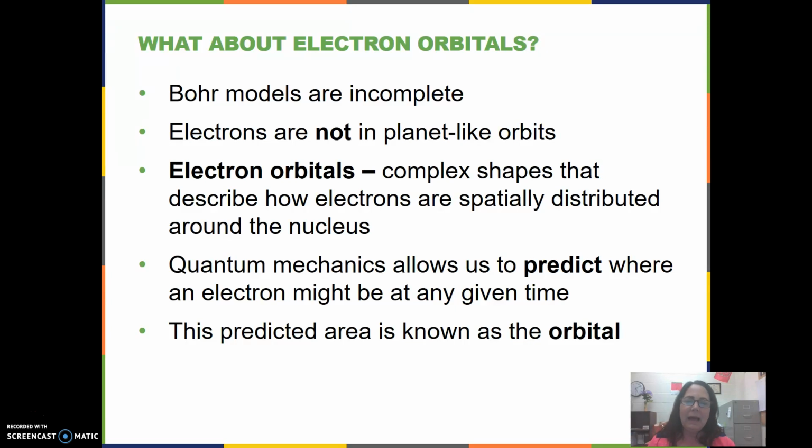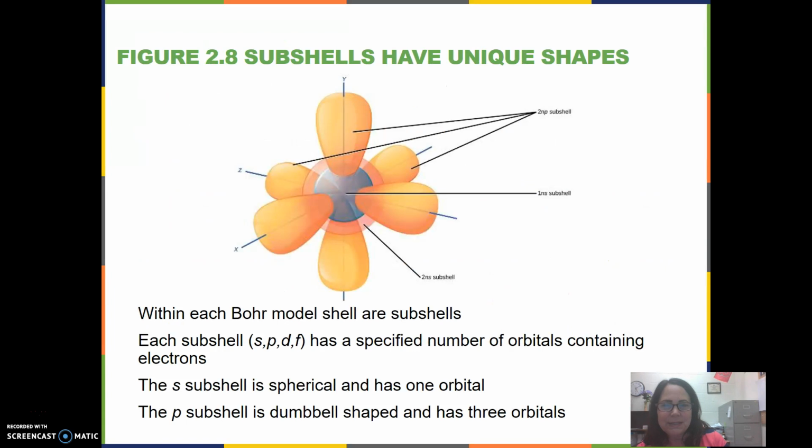The best way that I know how to explain this to you is to move on to this slide where you can have a picture. The first subshell, or the first energy level, electrons, it's a spherical shape. So here's your nucleus. And what would happen is that at any given time, you would be likely to find